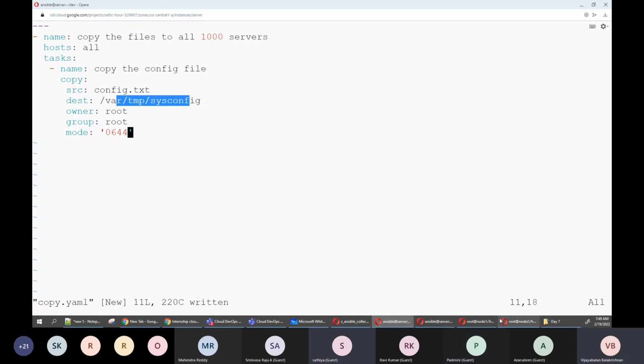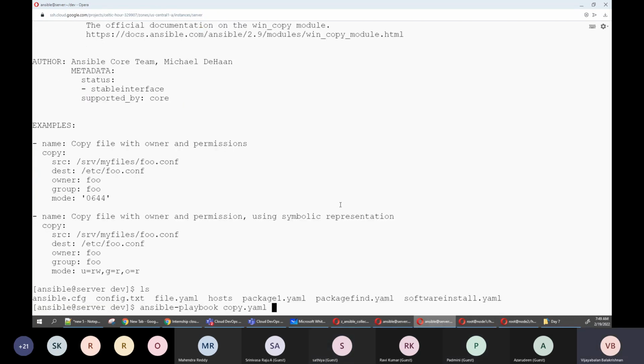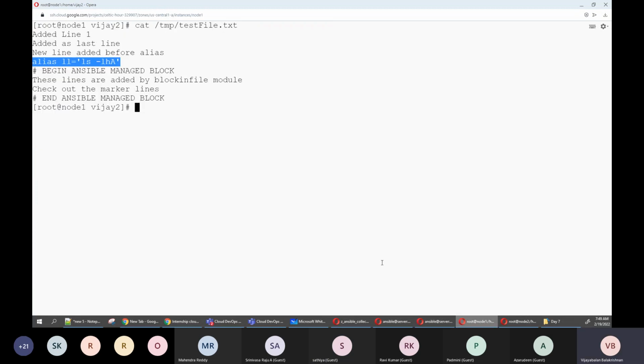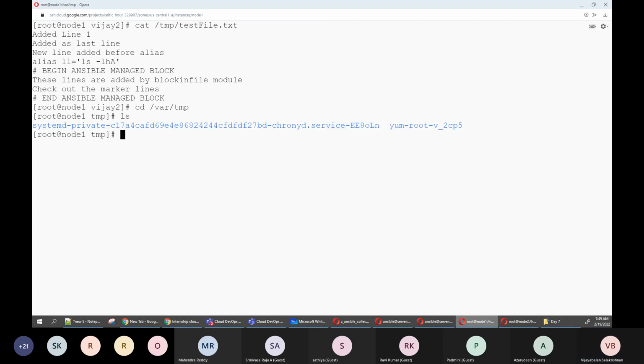If I go to node 1, cd /var/tmp, ls, there is no sysconfig file. So there is no file actually, and we are copying it. The blockinfile and lineinfile modules replace content in an existing file. The copy module is copying a new file.